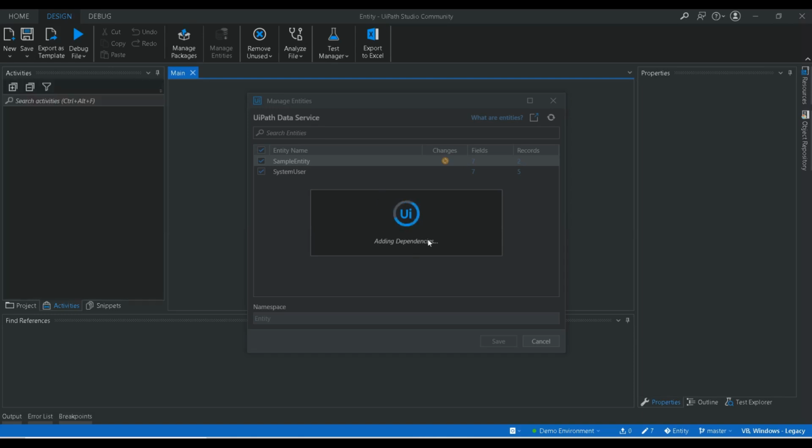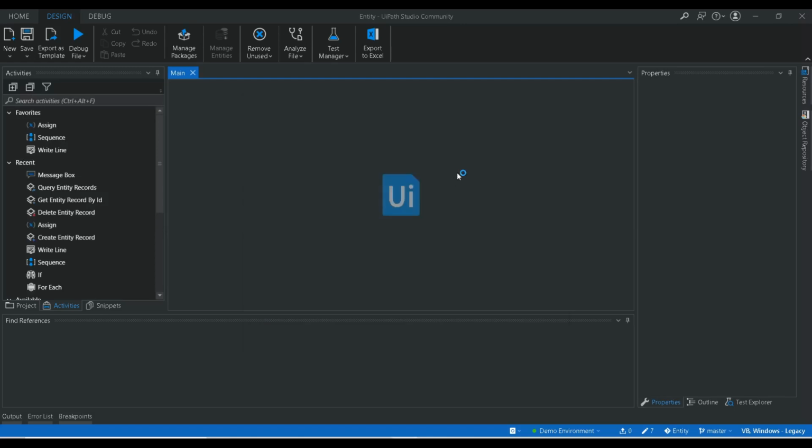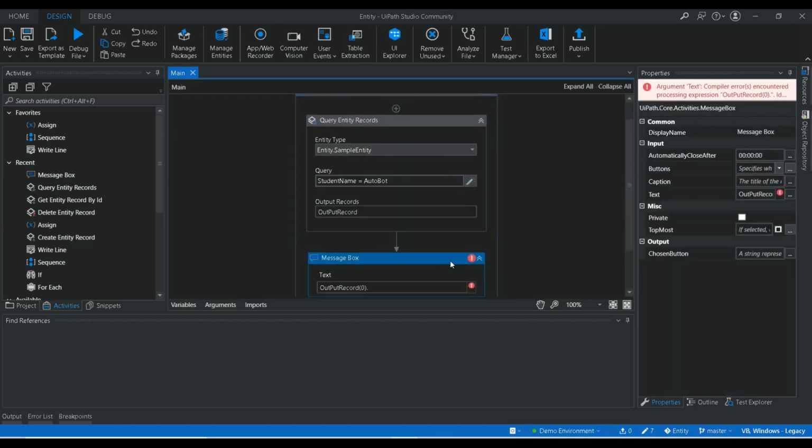It is adding the dependencies. So whenever you add something to your entities in the orchestrator, to get that into Studio, you need to refresh the connection. If you refresh the connection, you can get the latest update over there.